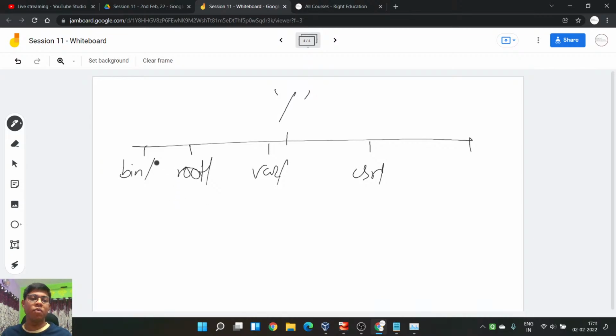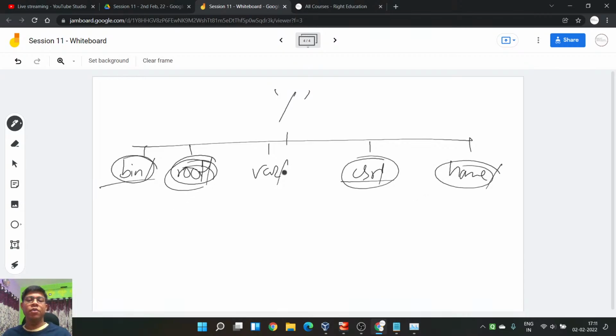But if you want to learn why we have this folder versus what is the use of this folder versus this folder, in that case you have to go deep. What is the use of this versus, let's say, home? Because home is for general users, root is for root user. Why do you have the var folder? All right. So these are the things you can definitely learn in future. So don't take too much pressure in these things.